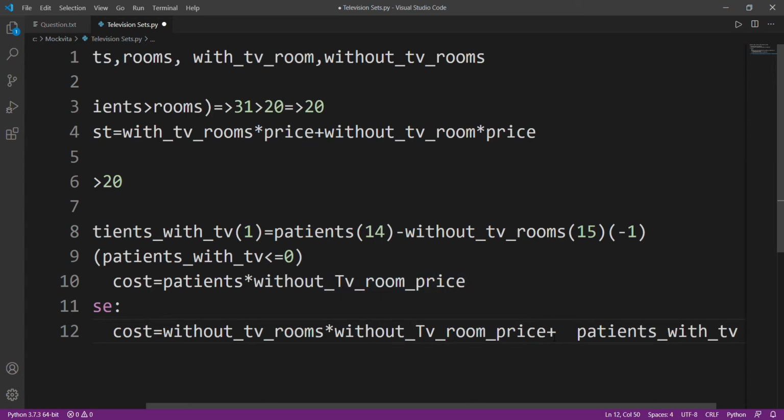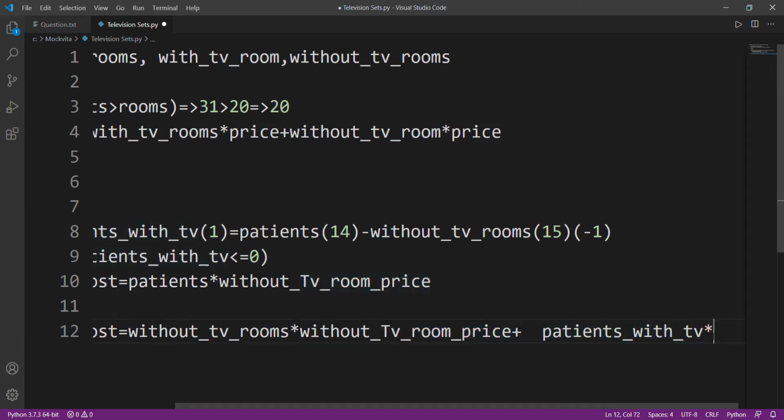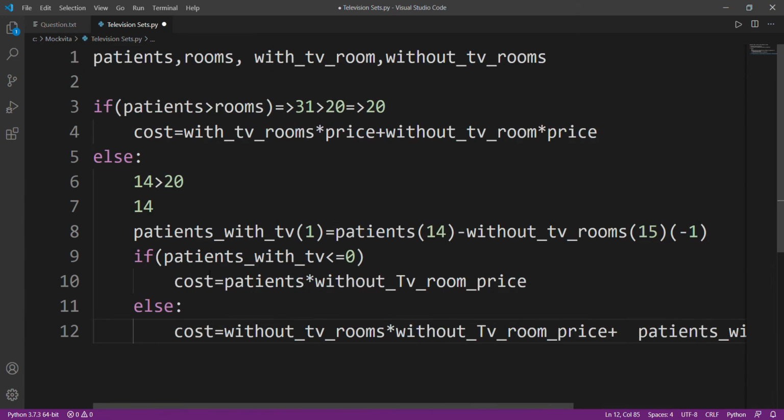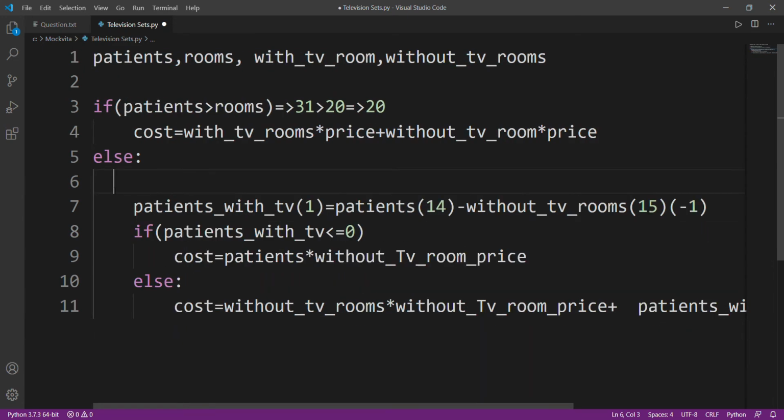I hope I am clear to all of you. I'll just read it again with TV price. All right. Suppose we have calculated patients for every day. Now the condition that I'm going to encounter is, if my patients are greater than rooms, if the number of patients that are coming into the hospital that day is greater than the total number of rooms that I have, so my cost for that day will be, since my hospital is going to be house full, I'll just charge every room that I have with their price, and that would be my cost. As simple as that. All right.